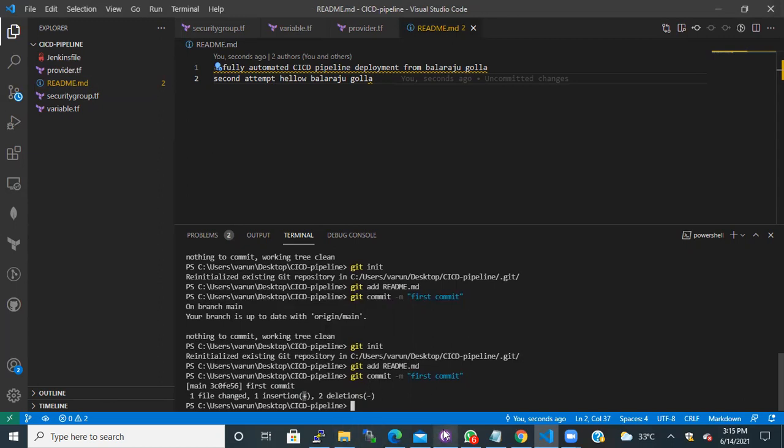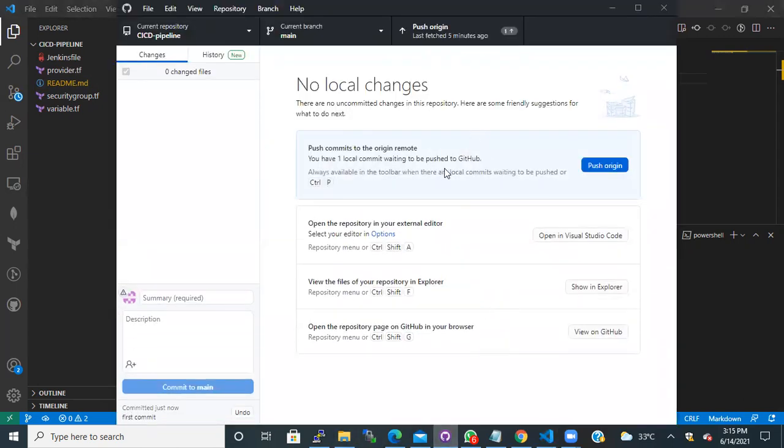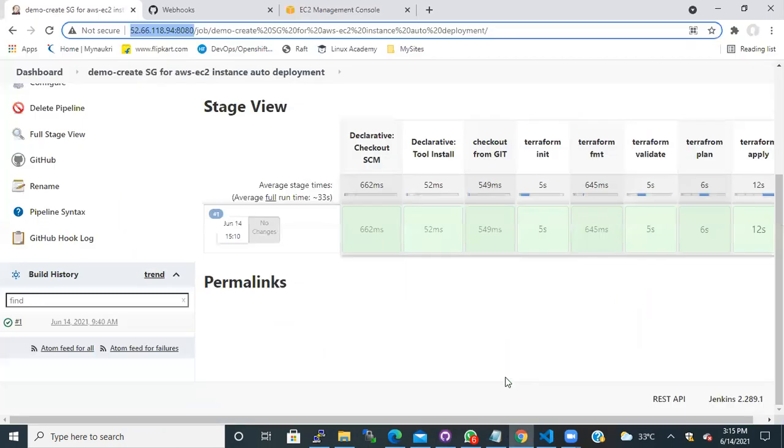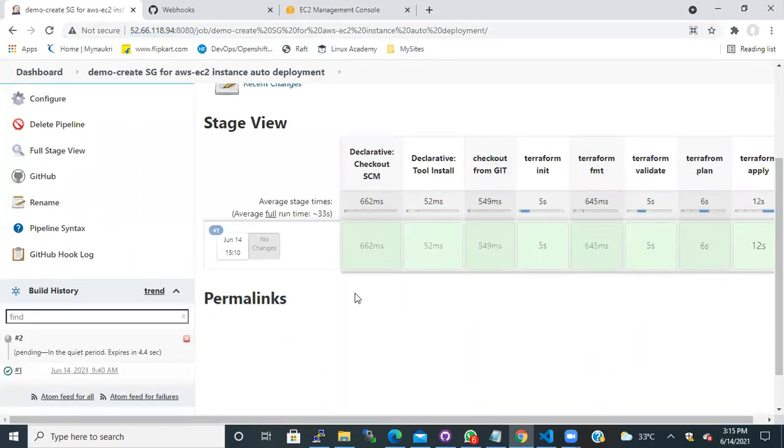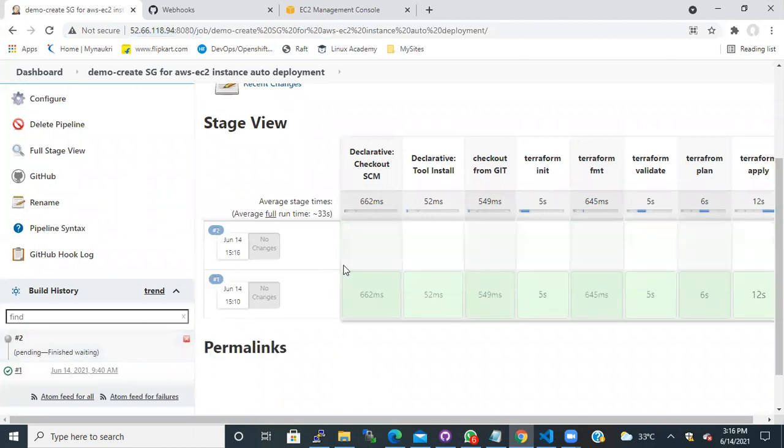Now if you come here and see, there is a push to origin. You see, pending in the queue, you just see that it is finishing waiting and now it started.